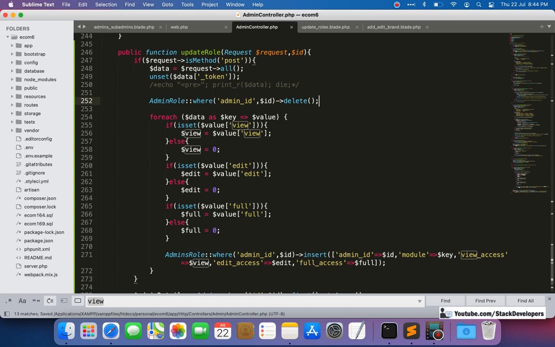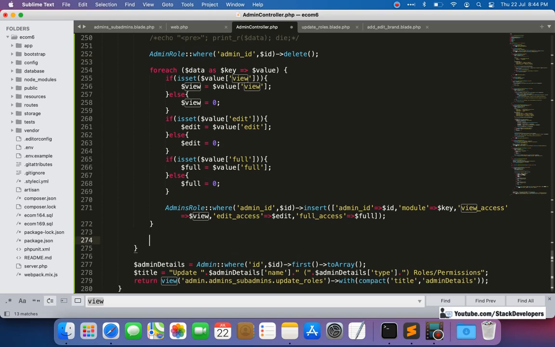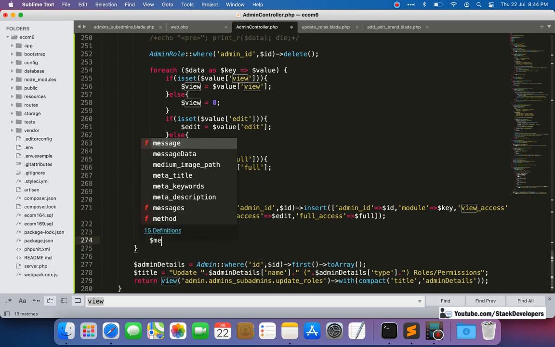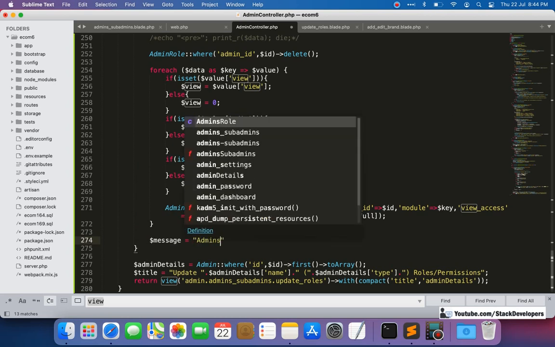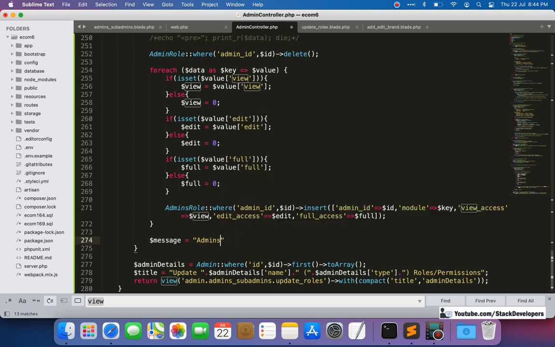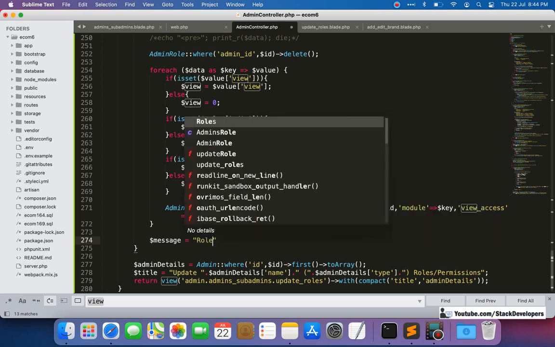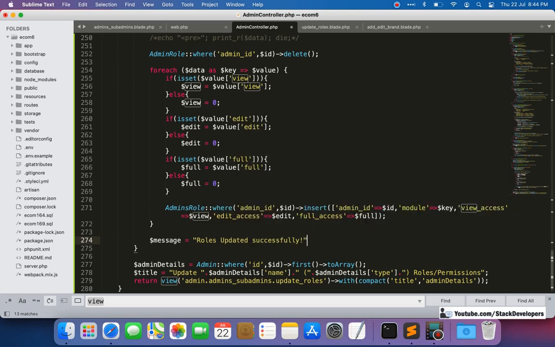Okay, so after update we are going to send that success message, like $message, admins sub admins roles updated. Or simply, roles updated successfully.